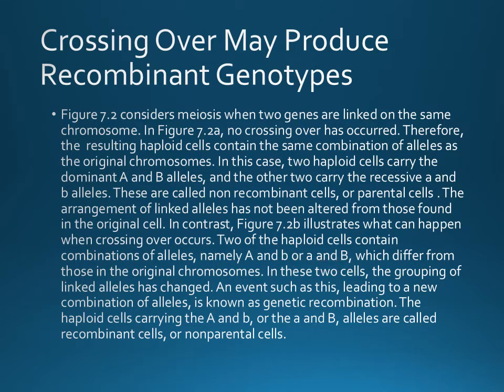So these are called a new combination of alleles, और इसको हम genetic recombination कहते हैं। The haploid cells carry the capital A and small b, or the small b and capital B alleles are called recombinant cells or non-parental cells. So when these gametes जब नए ऑफस्प्रिंग्स के अंदर जाएंगे तो इनके जो कैरेक्टर्स हैं they are different from their parents।